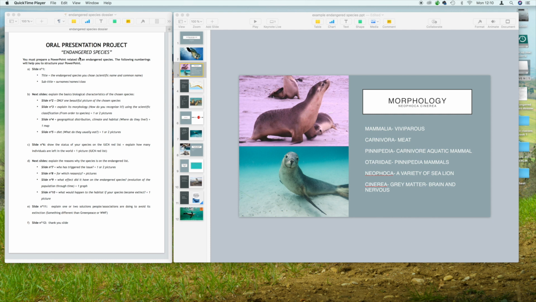It's endangered species, so any kind of species that are becoming endangered, which means that in our scientific classification they're less and less for one reason or another, and that's going to be the objective of this oral presentation, explaining to us why that species became endangered. So to help you, you're going to receive a PDF that explains what to place on every one of your slides,